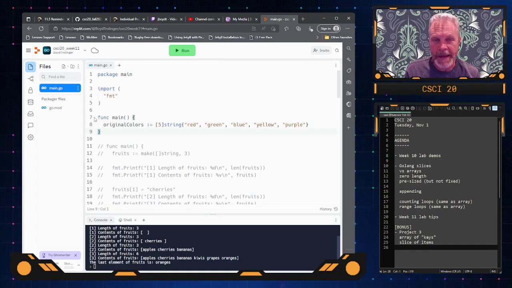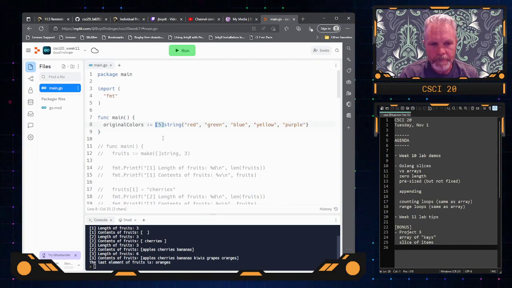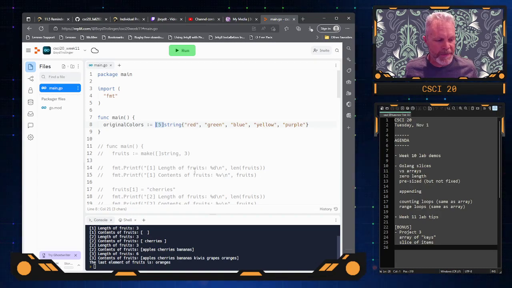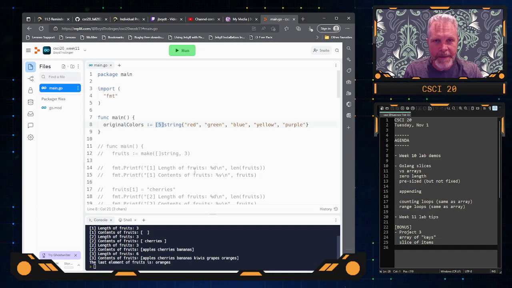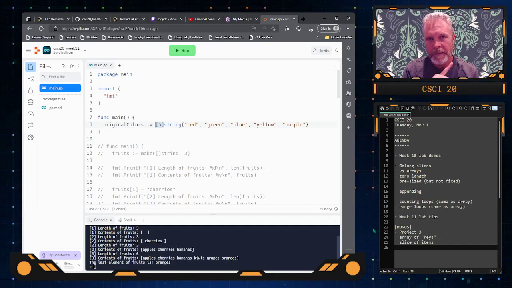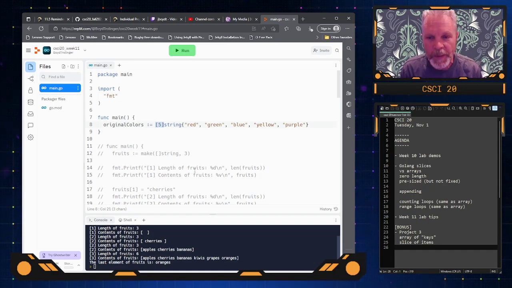So this is an array. How do I know that? That digit in the square brackets tells me this is not a slice, this is an array. What does that mean? Counting loops work, range loops work, the length works, printing with %v works. What doesn't work is append. You cannot append